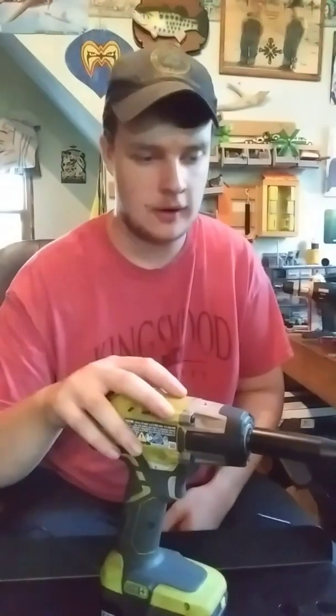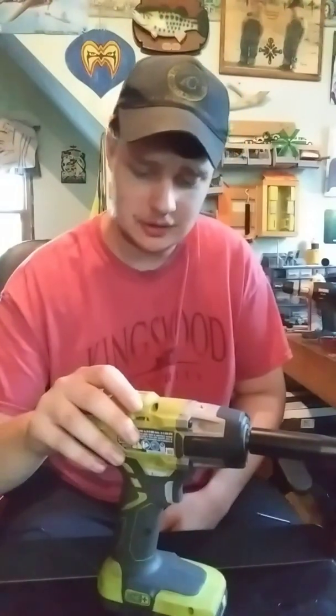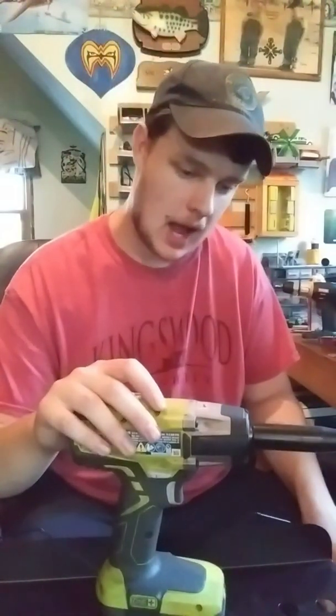I haven't used it with my slimmer lithiums, my 1.3 amp hour, so I don't know how that's going to work. But so far, first impressions here, I'm super impressed. Has way more torque than I originally thought. It can get way more done than I originally thought with less battery power than I originally thought. I'm really curious to see how this holds up over time,